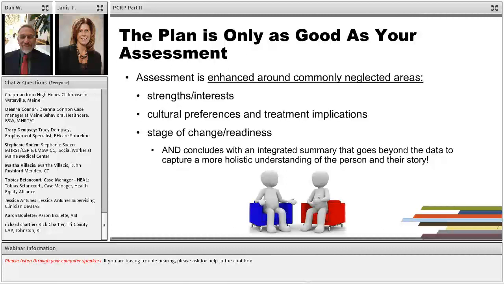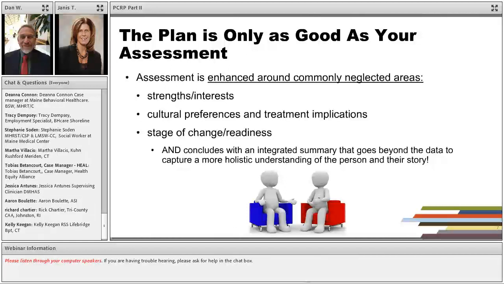I think the biggest one that often stands out for me is that I see a lot of reference to people not using medications across the assessments. And it'll say 15 times in the assessment, medication noncompliance, medication noncompliance. And then when I get to that integrated summary, oftentimes the summary says the person has a long history of medication noncompliance. When in reality, that statement doesn't give you much value added in terms of informing the plan. You already told us that in the assessment.